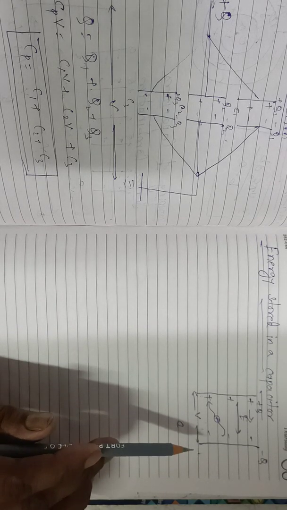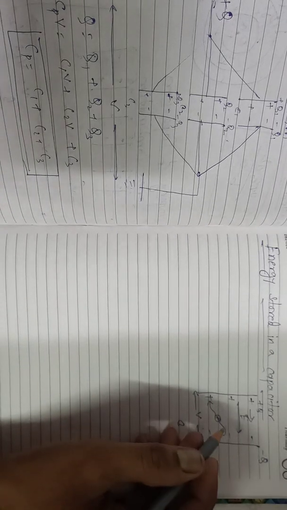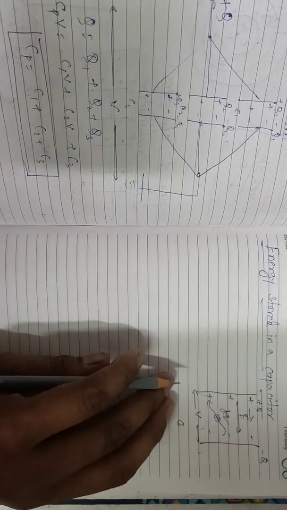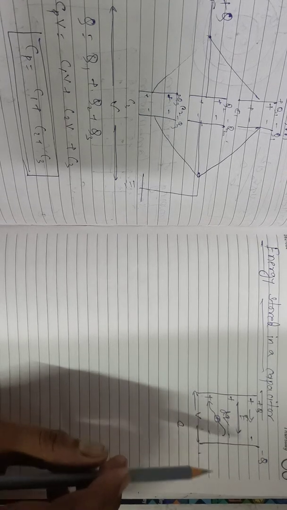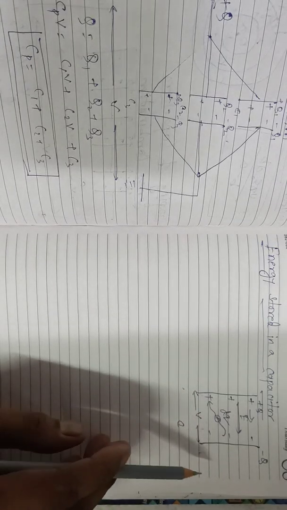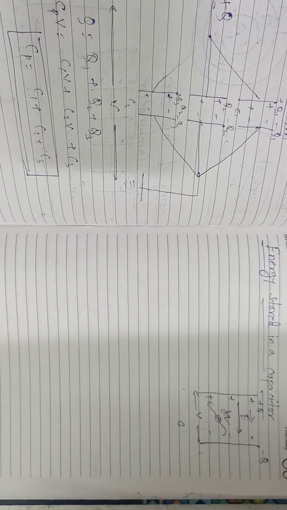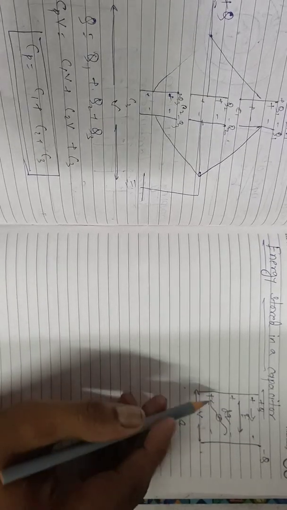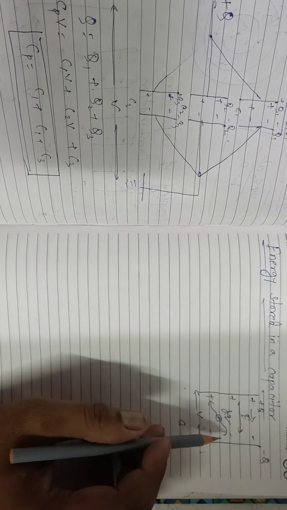Now let the charge which is transferred from plate B to plate A be very small, and suppose the charge is dq. Okay. Till plate A gets charge plus Q. By conservation of charge, if this plate is getting charge plus Q, this must get a charge minus Q, because if plus Q charge is getting away from there, then minus Q charge should be there. At every stage of charging, conductor A is always at higher potential than conductor B. Therefore, work is done externally.